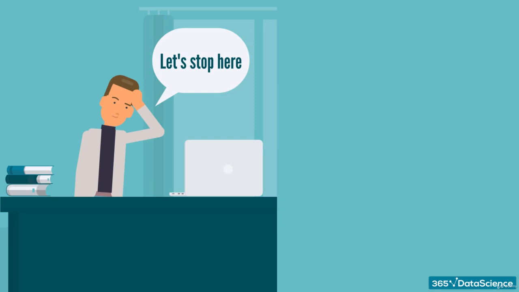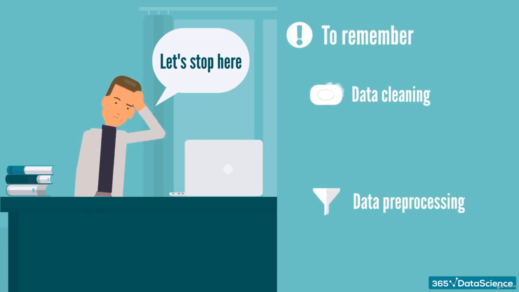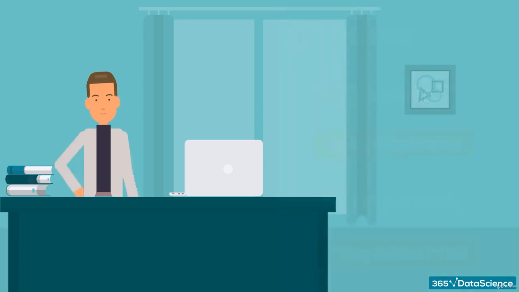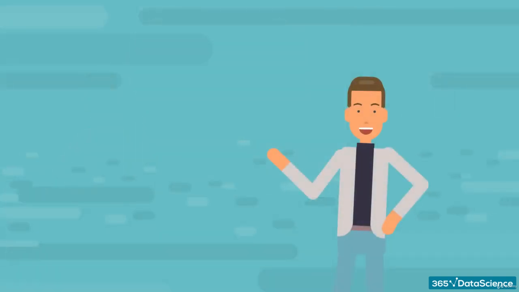Although there are many names, two should be remembered and distinguished: data cleaning and data pre-processing. Once again, these refer to ensuring that your data is deprived of inconsistencies and applying statistical techniques, respectively. To conclude, don't forget that domain knowledge and correct analytical flow guidance during these two stages is crucial. Moreover, you should not forget how highly demanding the business world is. Therefore, you must always respect your deadlines, while at the same time, prioritize the quality of the delivered result as well. That said, take your problem-solving and analytical skills and get ready to dive into data cleaning.